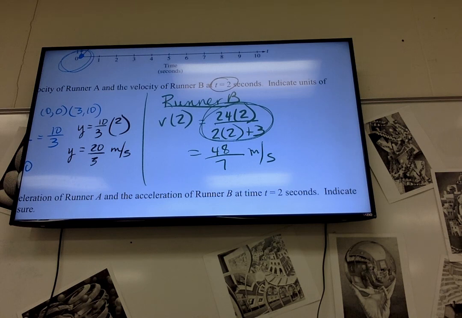Okay, B. Find the acceleration of runner A and the acceleration of runner B at times t equals 2